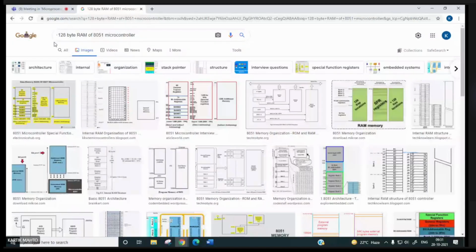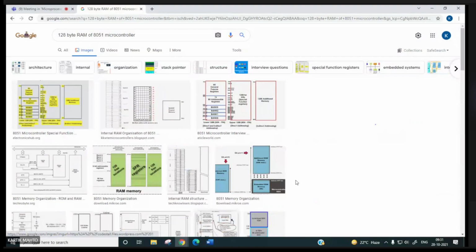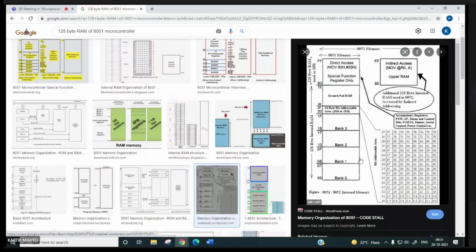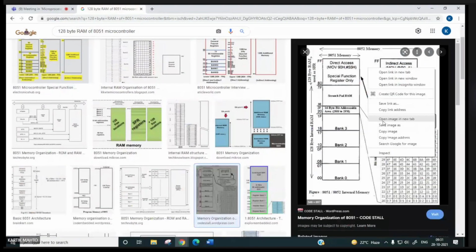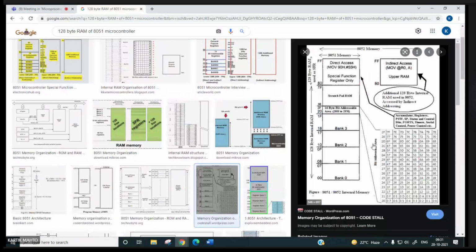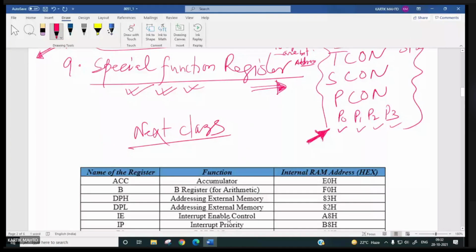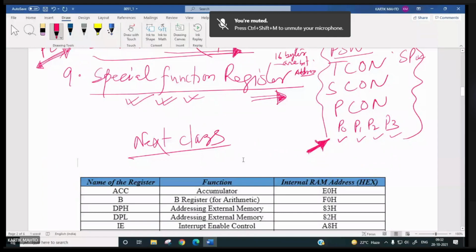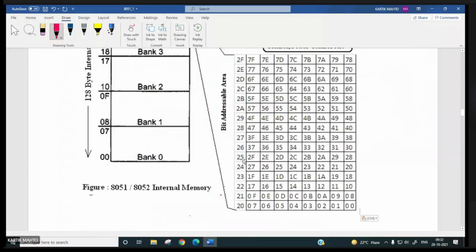Which one should I take? This one I should take. Copy image. So I will start from here. First of all, I will take the 128 byte RAM.